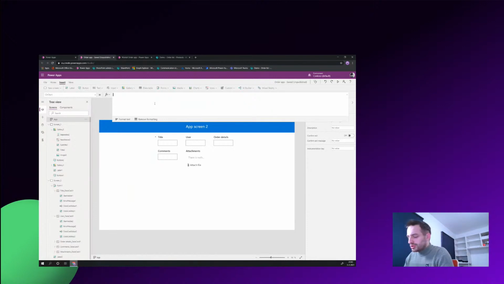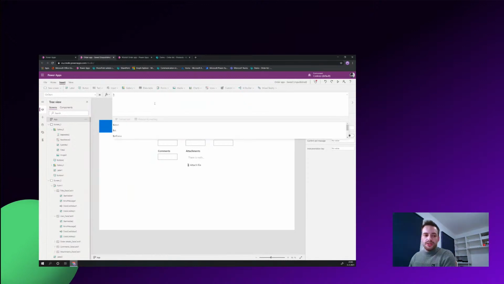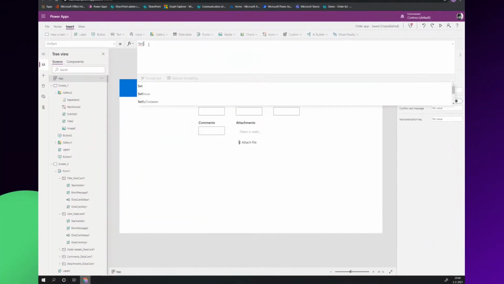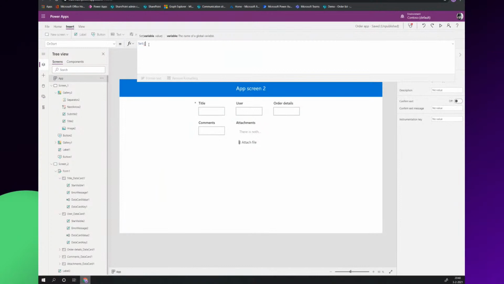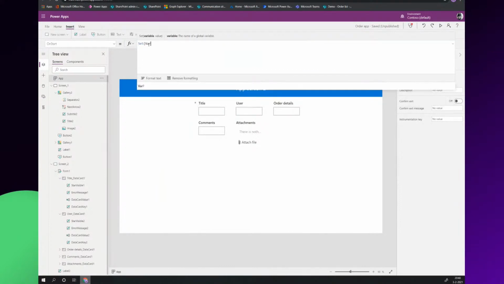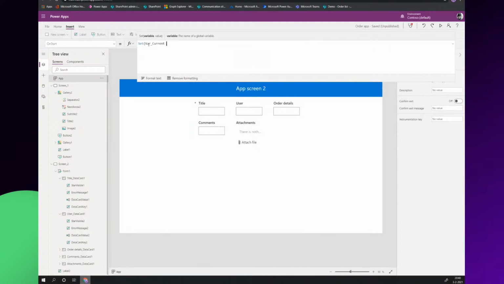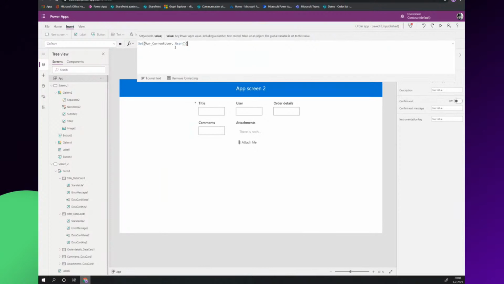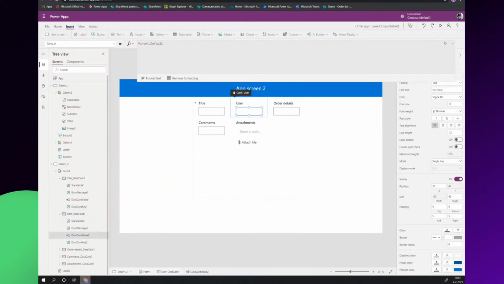That's not possible. So what I'm going to do is set the current user to a variable on the onStart of the app. So I've pressed app, onStart property, Set. What I'm going to do is give the variable name var underscore current user. But what am I going to put in here is User, and close it. So if I now start the app and right here in the